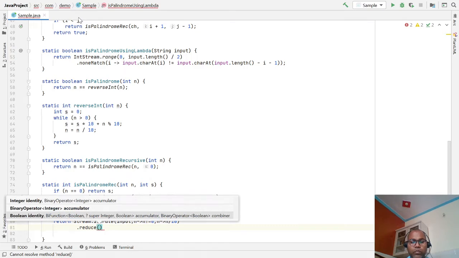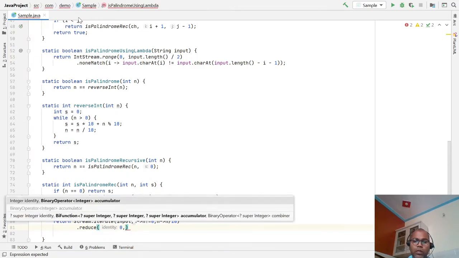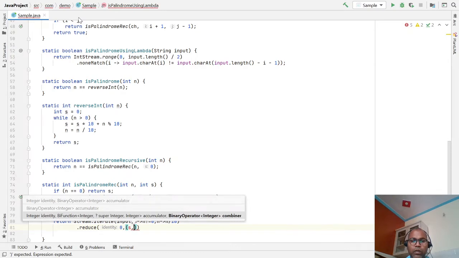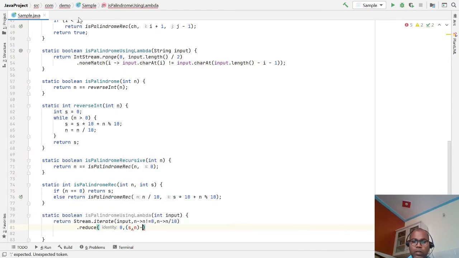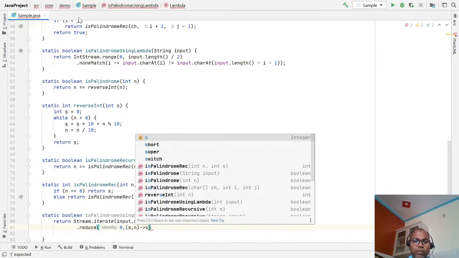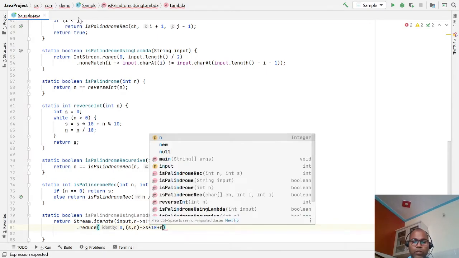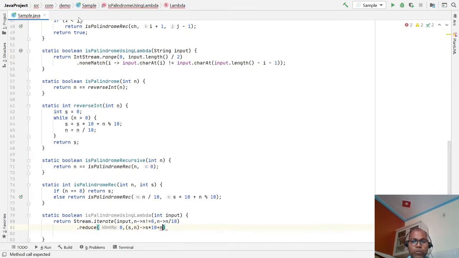Reduce takes the identity, and then second takes a two-argument operator, sum and your input number. Then what do you do: sum multiplied by 10, then plus number modulo 10.